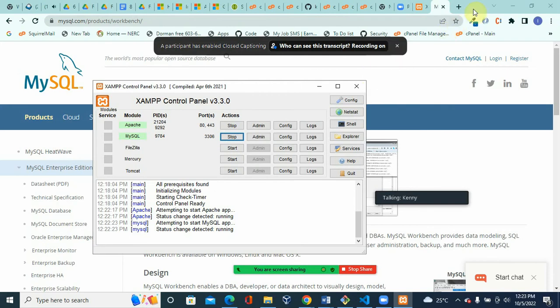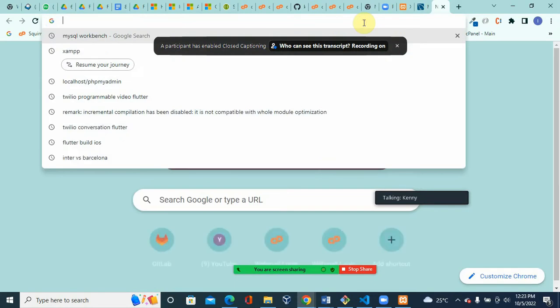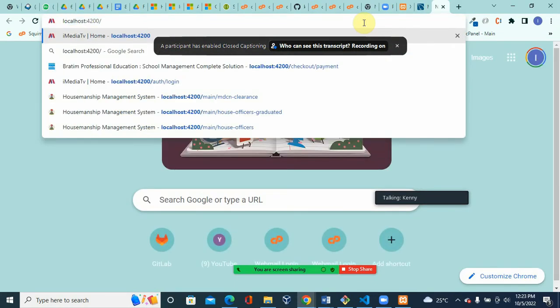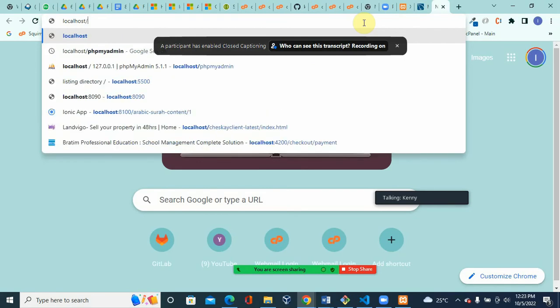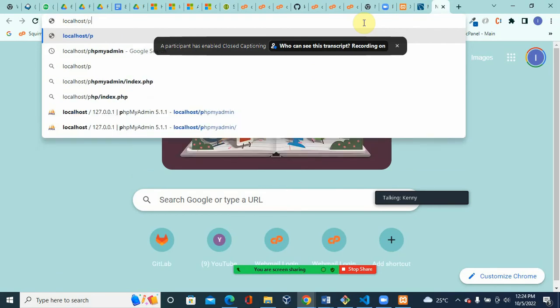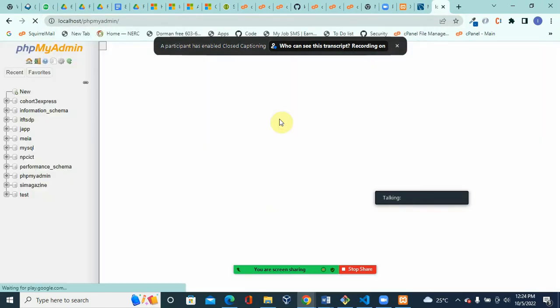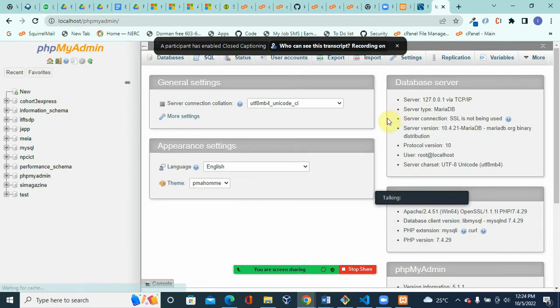Now, this is started, like I said, just for us to make sense of what we have now. So I just have localhost/phpMyAdmin. That's what this thing here. So I say localhost/phpMyAdmin. So this will open